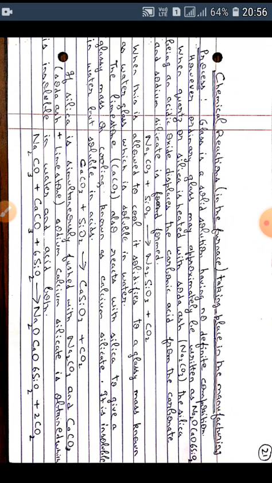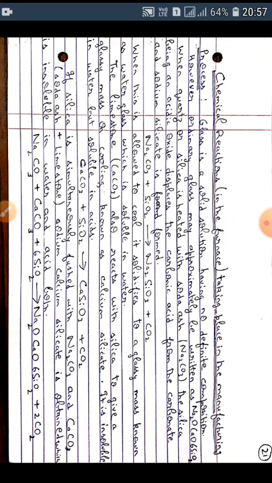However, ordinary glass is approximately written as Na2O, CaO, 6SiO2. That is sodium calcium silicate. When quartz or silica is heated with soda ash, that is sodium carbonate, silica being an acidic oxide displaces the carbonic acid from the carbonate and sodium silicate is formed as represented by the following expression. Na2CO3 plus SiO2 gives Na2SiO3 plus CO2. Na2SiO3 is sodium silicate. This product, when it is allowed to cool, solidifies to a glassy mass.